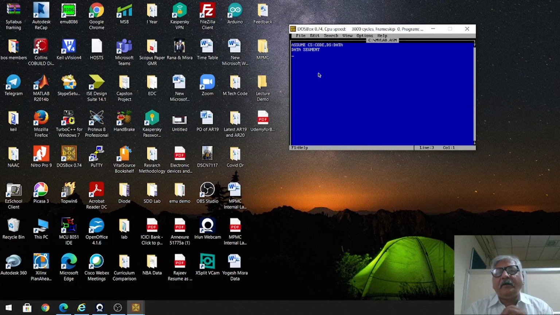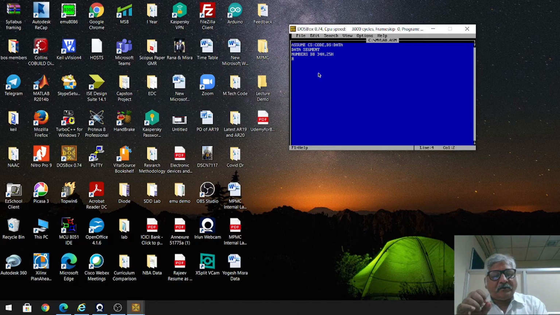The name of the data I am giving as numbers, space db. db means define byte. My numbers are 8-bit numbers, so I have used this directive db. My first number is, let us assume, 34h, comma, second number is 25h. These are the two numbers, okay?